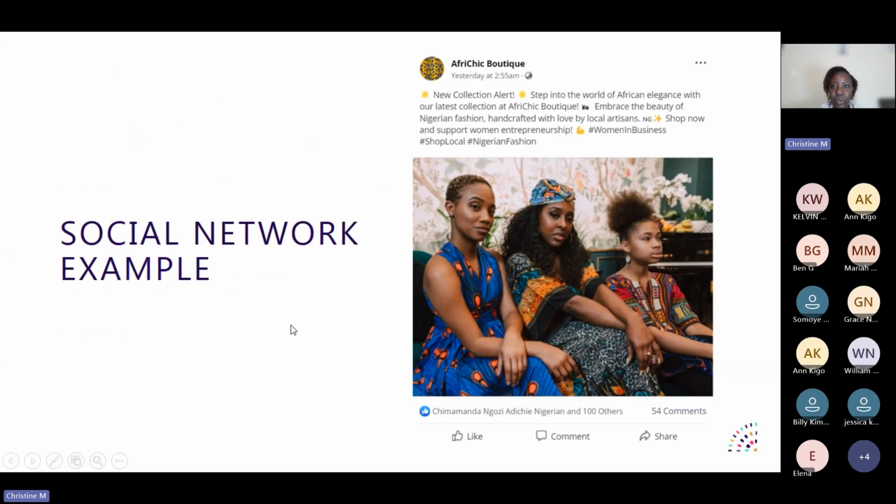This is an example of an actual existing page on Facebook to show us an example of a social network. I chose not to change these ones that are given as an example because, in as much as it's a Nigerian business, the difference here is that they are able to give examples across all the platforms because this particular business is actually using all the platforms. So this just shows you a way you can share pictures and even get likes from people at the bottom, maybe some comments, and people can even share your page to other people.